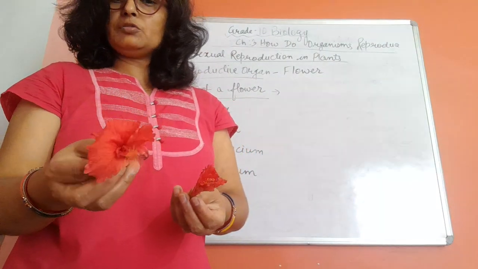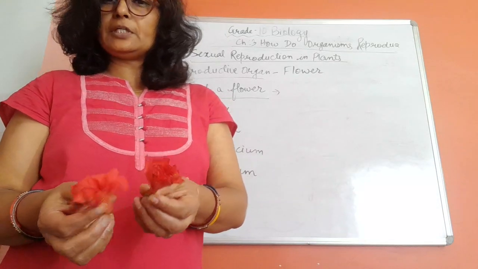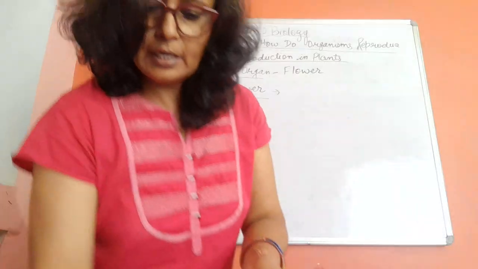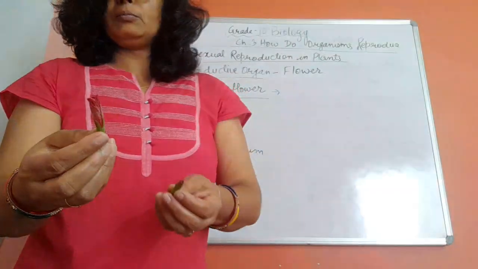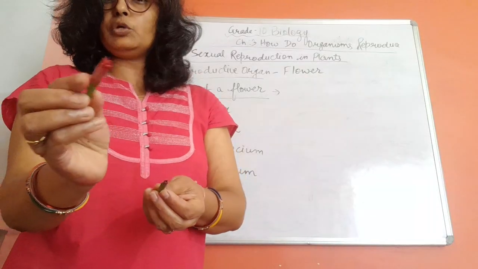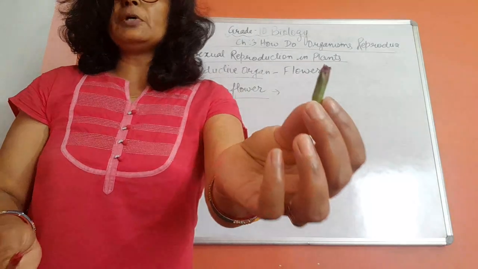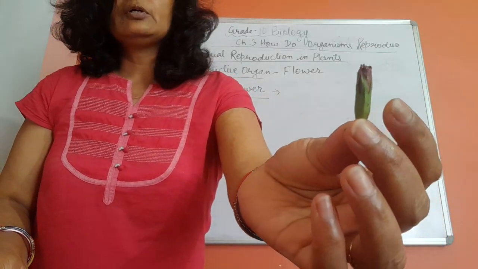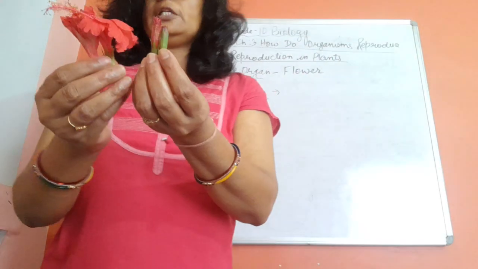This is a China rose flower with complete petals. This is a little bit closed petal and this is also a little bit closed petal. And now this is before blooming. It is going to bloom tomorrow. And this one is on the bud stage. This bud stage China rose is going to bloom on day after tomorrow. Okay. So what you are able to observe in all these flowers